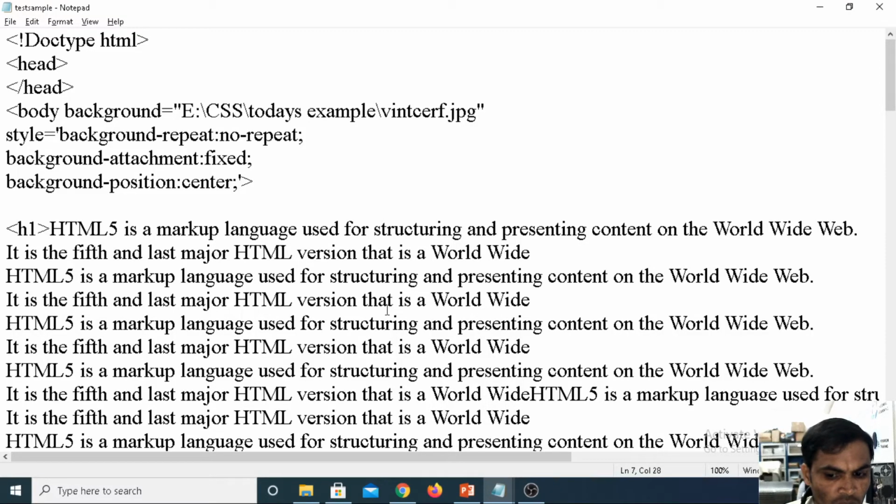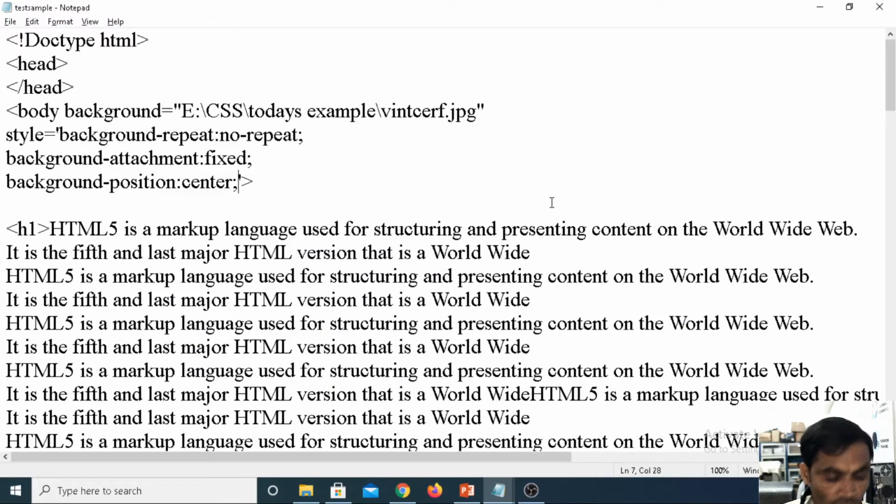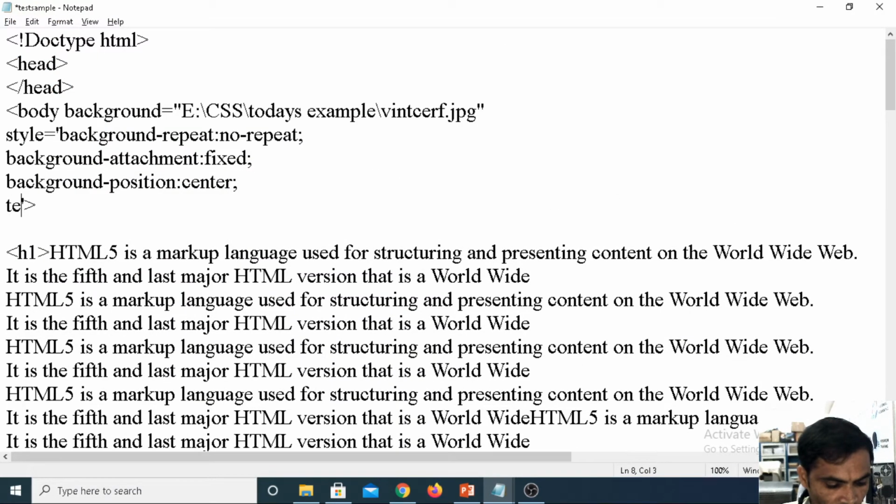Then if you want to give the text alignment, where the content from the left side and the right side is not in order, then we have text alignment justify.